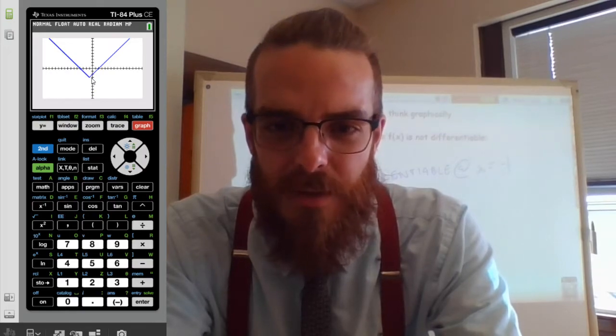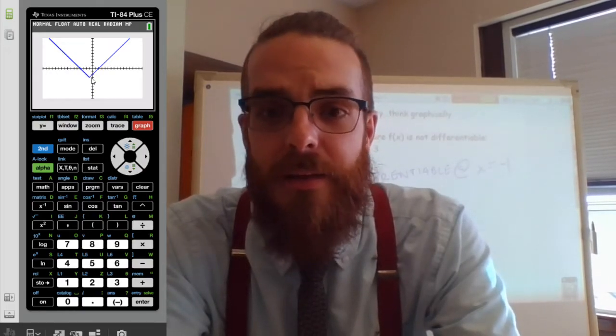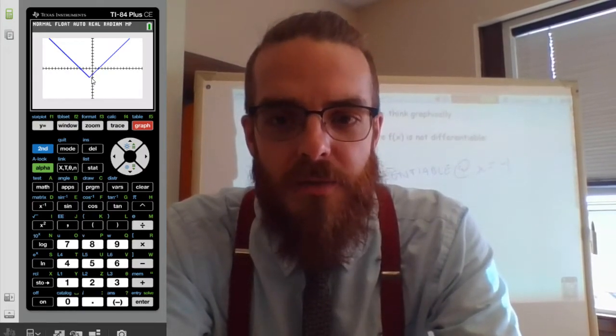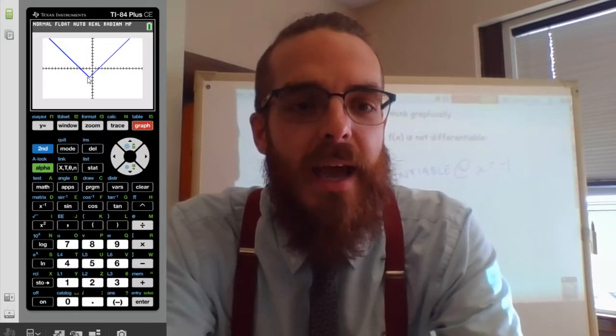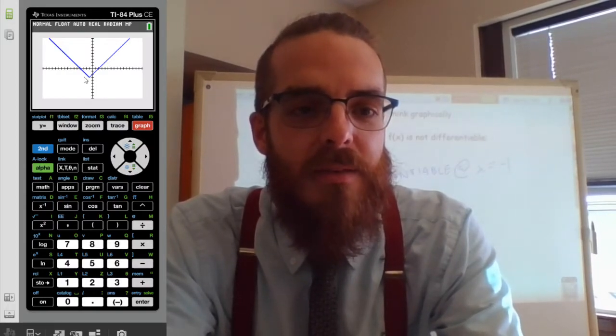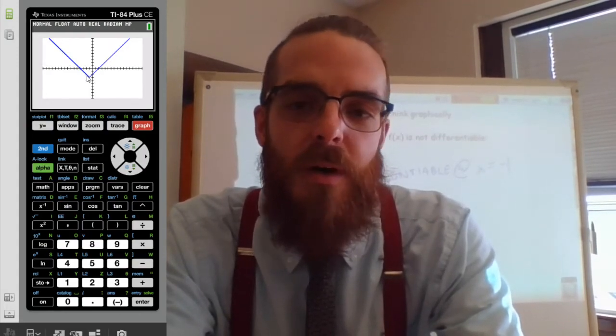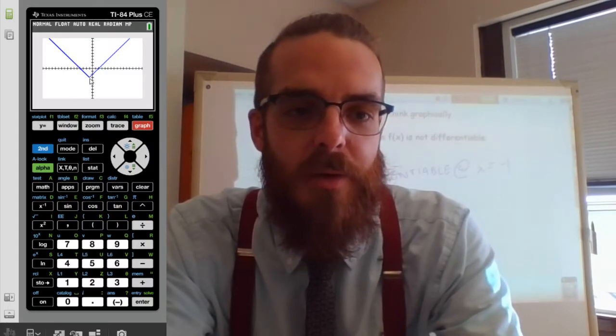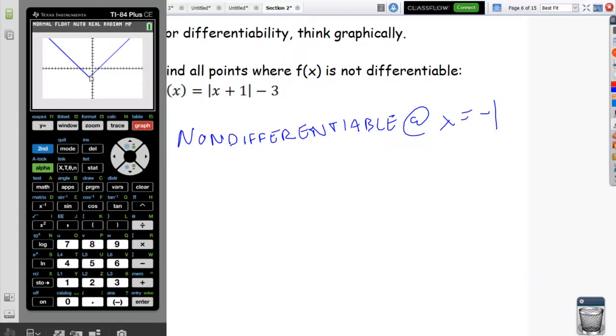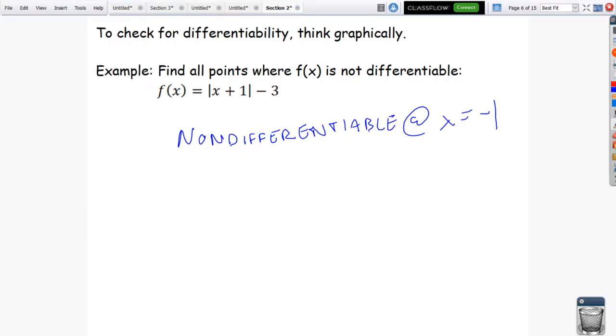You just want to give, like when we were talking about continuity, the location of a discontinuity was the x value. In this case, the location of my non-differentiability is going to be the x value on the function, and that's at x equals -1. So I guess as of right now, you might want to go off of the picture, but